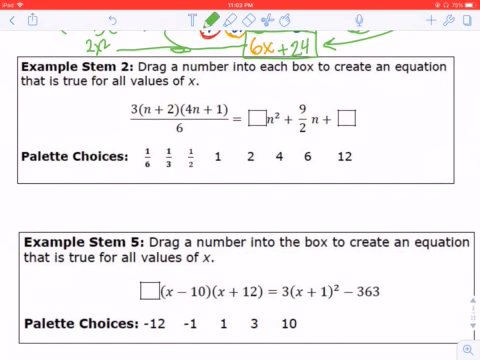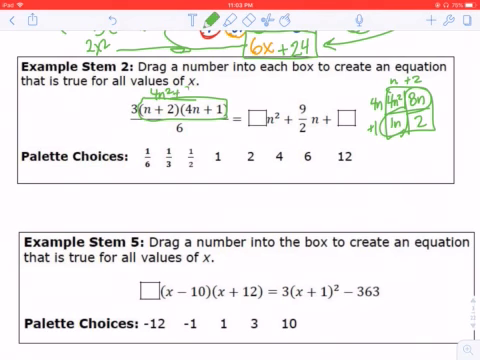So what I see here is a polynomial on top, which looks like the box, and then a divide by 6 at the end. So I'm going to use this part for the box here. So I have n plus 2, 4n plus 1. That'd be 4n squared, 8n, 1n, and 2. I'm going to combine these here. That gives me 4n squared plus 9n